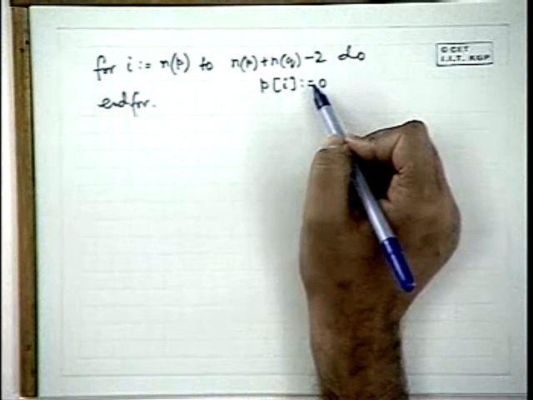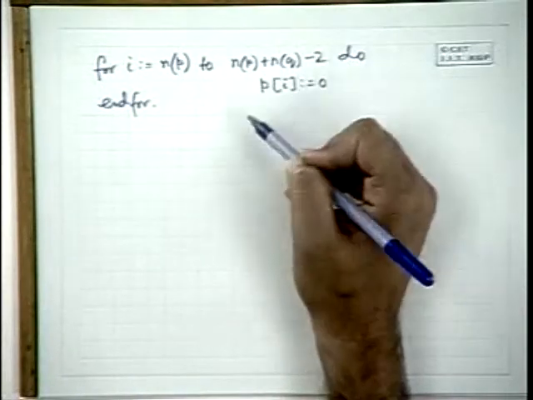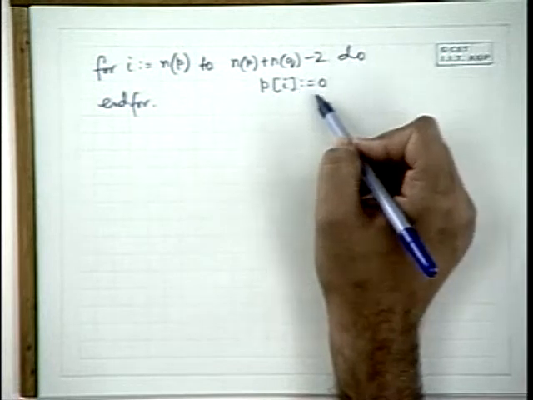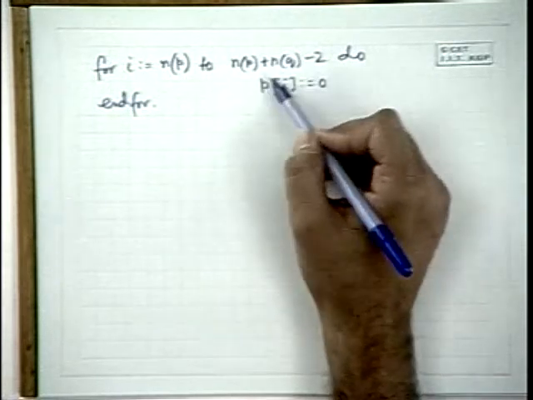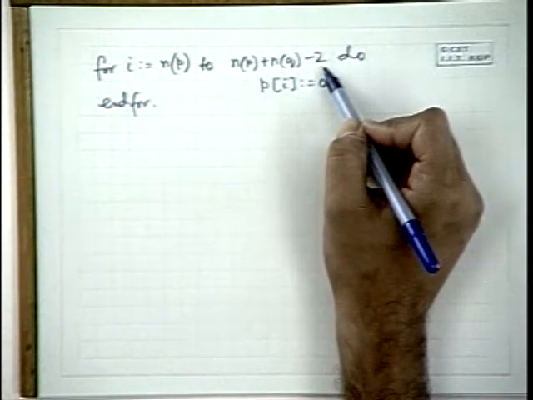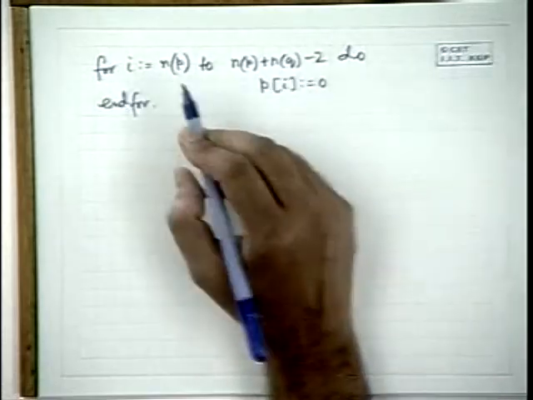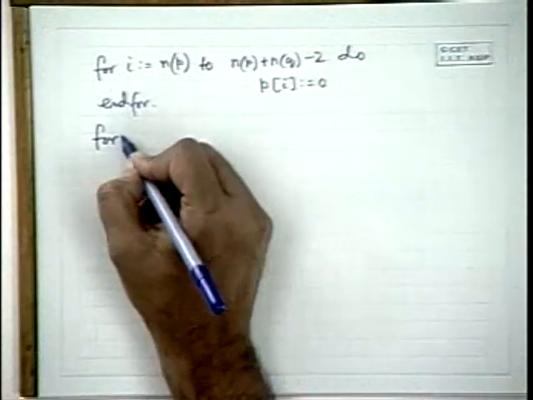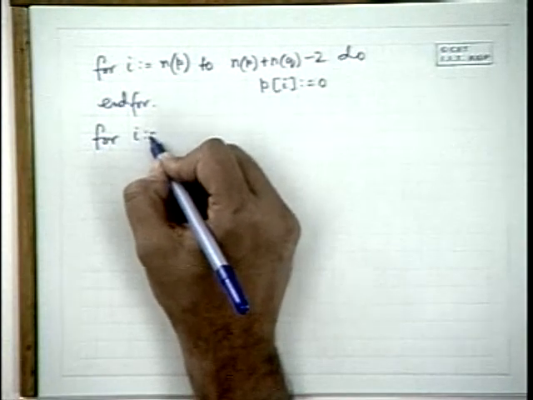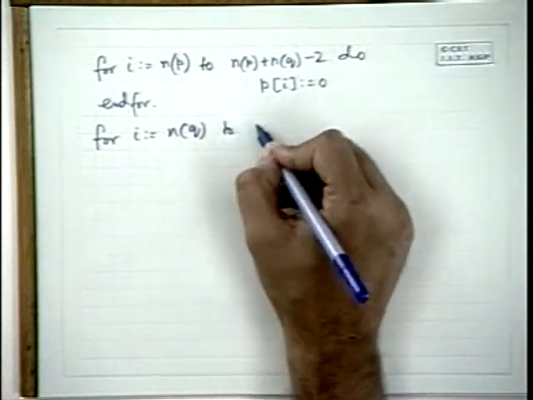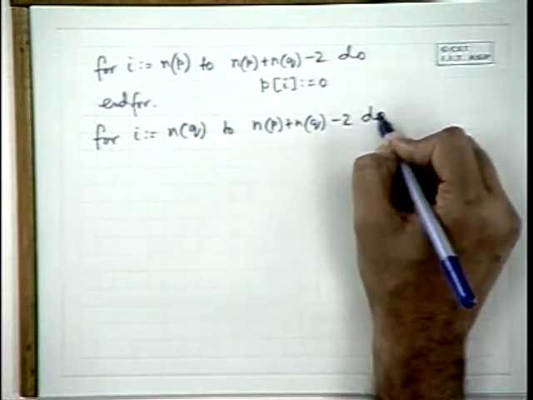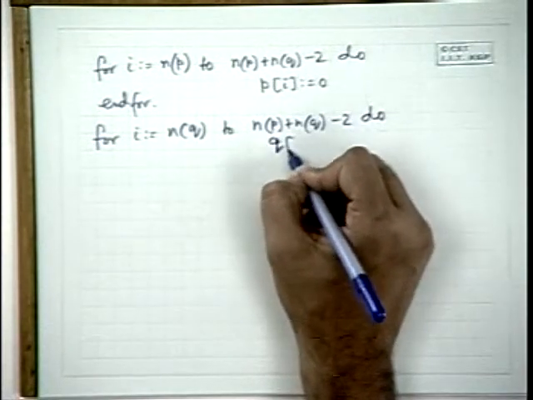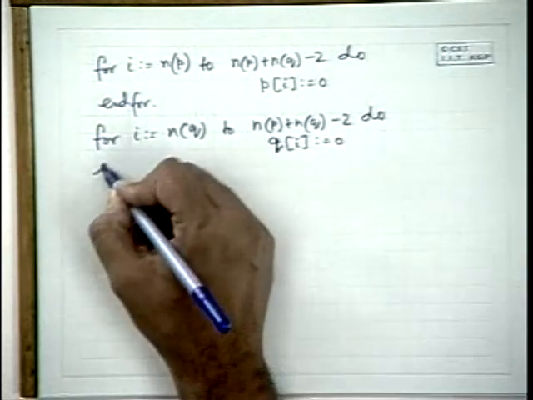Since we are going to use those, for uniformity we are padding zeros to the polynomials P and Q up to np plus nq minus 2. We are not changing the polynomial by doing this. This is just an initialization. So, next one, for i equal to nq to np plus nq minus 2, do again Qi is equal to 0 and for